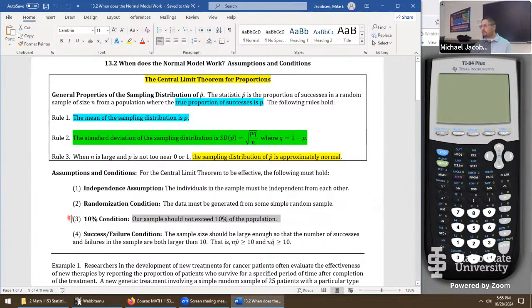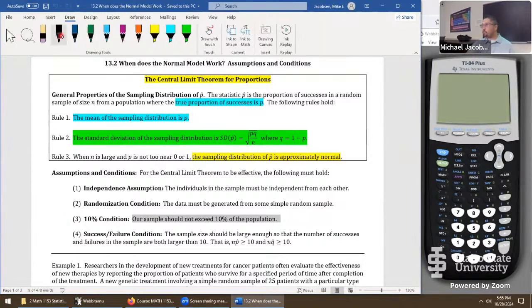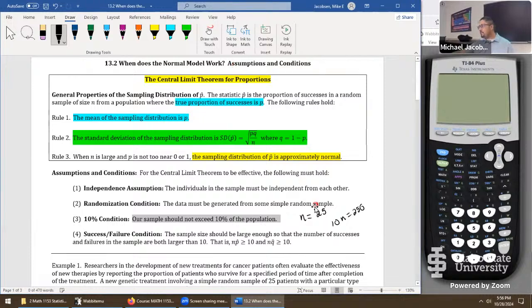that condition there. So let's imagine we have some weird study where the sample size is maybe 25. If we take that and multiply it by 10, so here's 10 coming from the 10% times n to get 250. If it's plausible to us that 250 is not larger than the population size, then we say we meet this condition. We'll write that out really carefully when we execute that in our problem below. But that's the idea with that one there.